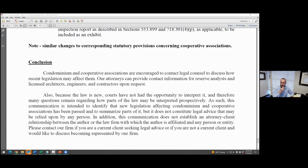Doug says, if the reserve study is completed in 2022 or 23, can full funding be phased in to full funding by the end of 2024? So I think that's saying if the deadline to have the reserve study done is by the end of 2024, but if you have it, can you phase in? My answer would be that if you have that reserve study, the structural integrity reserve study, and that identifies full funding, once you have that, you need to have full funding going forward. You can't phase it in to have it begin at the end of 2024. I think it's a good question. I think I have to look at that further and look very specifically, but my initial reaction would be, once you get that reserve study done and it provides for the funding amounts, you should have the fully funded amounts